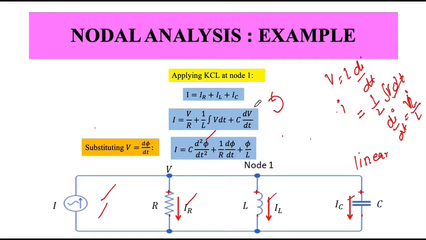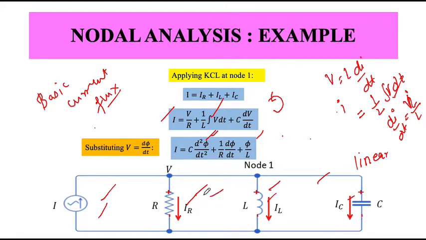As in the earlier slide when I said that basic system elements are current and flux, the basic elements for my circuit were current and flux. So this is what I mean. I have a current here and I have a flux here, and of course these are basic elements which build my circuit: capacitor, inductor and resistor here, right? So these are my basic elements and these are my basic system elements.